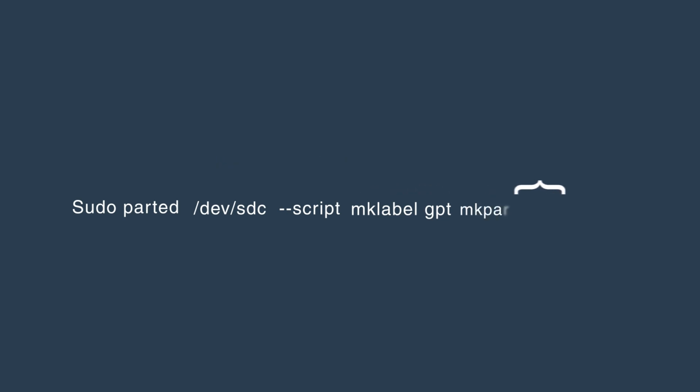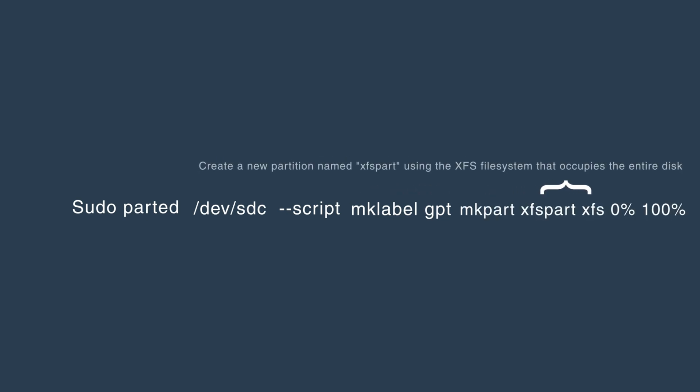And then you have mkpart, from 0 to 100%. That means you're going to create a partition named xfspart using the xfs file system that occupies the entire disk